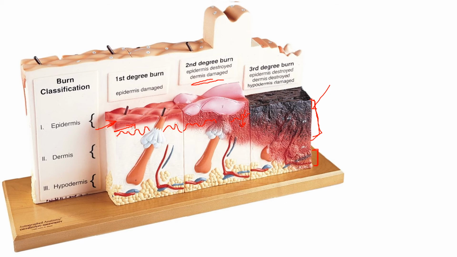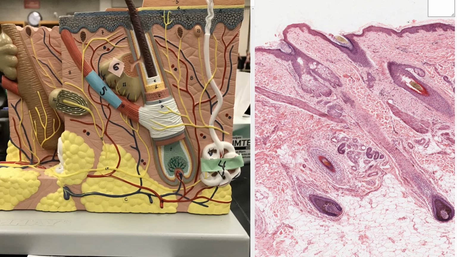So that's it for this model. So now I'd like to show you that what we see in the models is actually what happens in the skin. So on the left side of the slide, you'll recognize this is a plastic model from the lab. Some of the structures that I just want to point out, here's a hair follicle with a hair growing out of it. That's the hair shaft right here. We have the epidermis at the top of the screen. This is the dermis down here. And here's the hypodermis. You can see there's an erector pili muscle here, sebaceous gland, okay, and an eccrine sweat